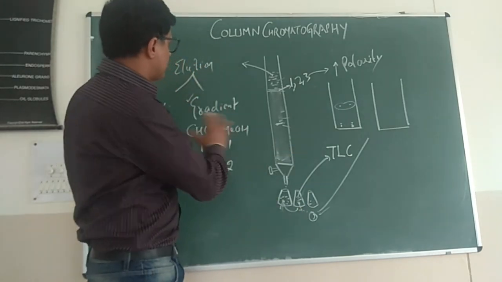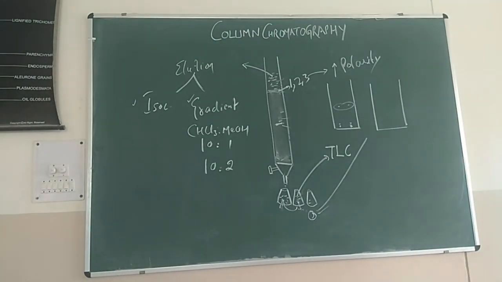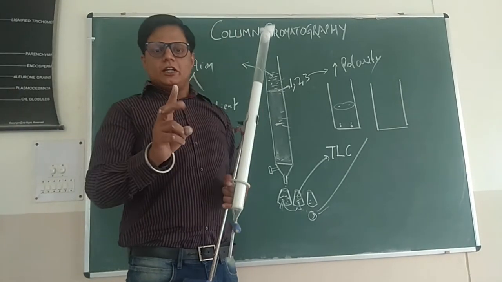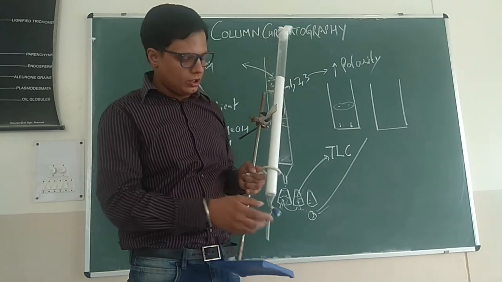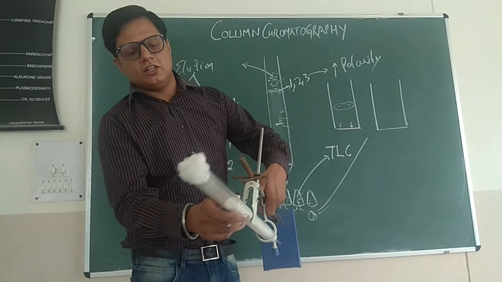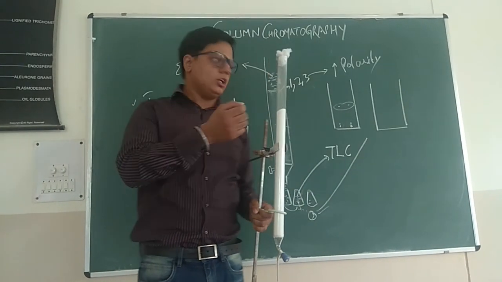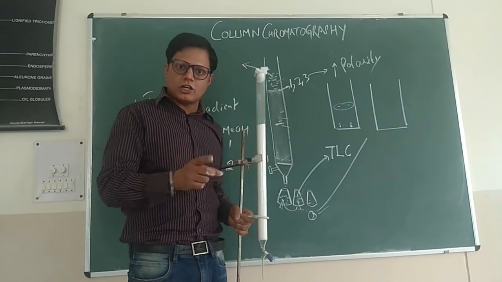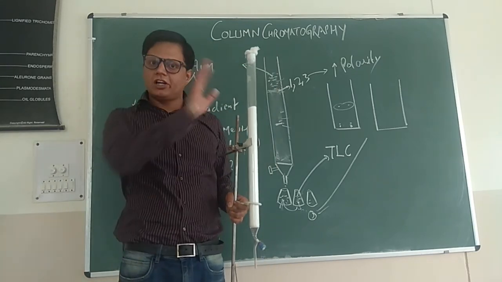So, this is the simple concept of column chromatography. First of all, you have to pack the column. So, this is the column. We have discussed there are 2 methods of packing this column. See, I have already packed this column for you. This is the glass column, and inside I have added silica gel powder. I have taken silica gel of special grade, not silica gel G. It is meant for column chromatography, and I have added it in this column directly.